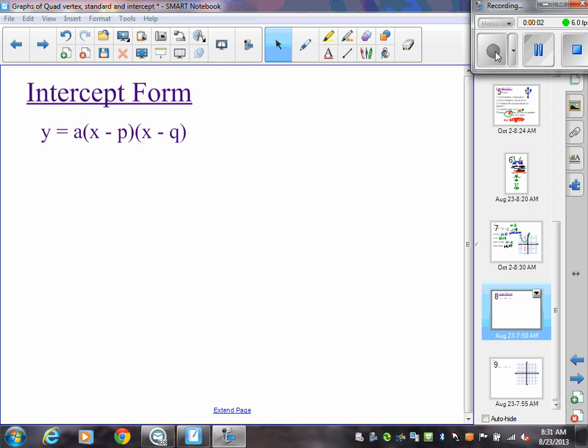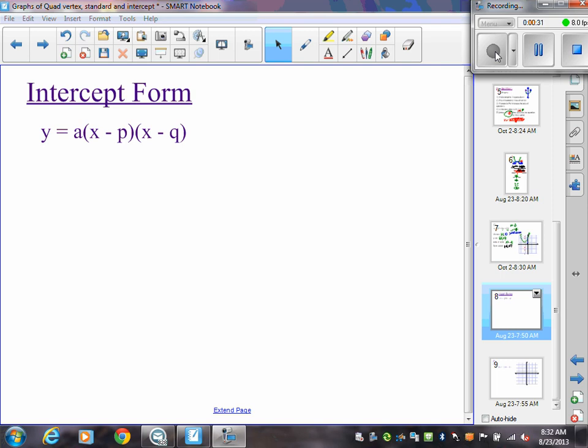The last form we are going to look at graphing quadratics in is intercept form. Intercept form is y equals a times the quantity x minus p times the quantity x minus q. Intercept form instantly tells you your x-intercepts. If you remember back when we did standard form, that one pretty much told you your y-intercept right away. X-intercepts take more time to do. In intercept form, it flat out tells you what your x-intercepts are,